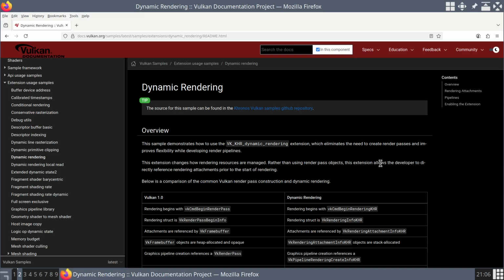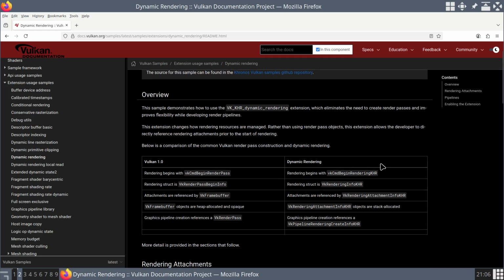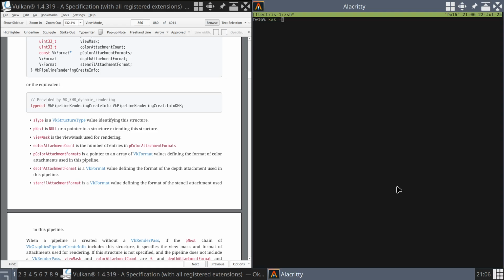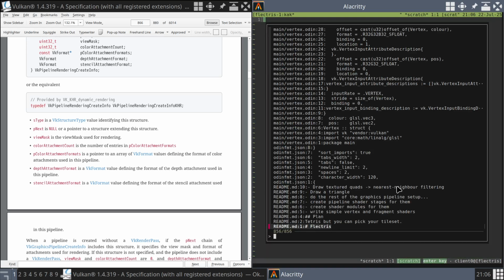So what I did, I've pulled up the same stuff so I can trace you back through my steps. This dynamic rendering documentation compares the Vulkan 1.0 render pass stuff that I've gone through a couple of times before to the dynamic rendering stuff, which is new to me and where I was pretty sure my mistake was going to be. So I started reading this, and most of it looked familiar, except for this VkPipelineRenderingCreateInfo. So we can go and have a look back in our code, and I did a check for